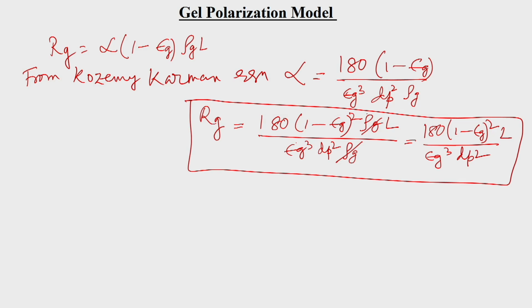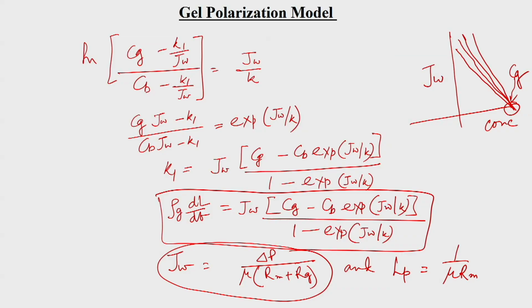So, now we have got this Rg value. And Rm we will be getting from 1 by mu into Lp. So, the permeate flux value can be obtained from the general expression, from del p by mu into (Rm plus Rg). So, from here we will be able to get this permeate flux value. So, next we will be discussing the resistance in series model.